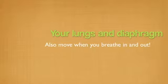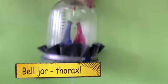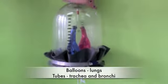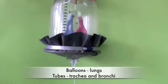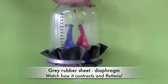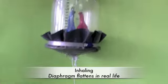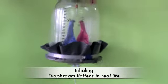Right now you can see a bell jar. This apparatus represents the thorax, the upper part of your body. The two balloons represent the two lungs, and the tubes are trachea and bronchi. The sheet of grey rubber at the bottom represents the diaphragm. You will see how, as we inhale, not only do the intercostal muscles contract, the diaphragm contracts and flattens too,